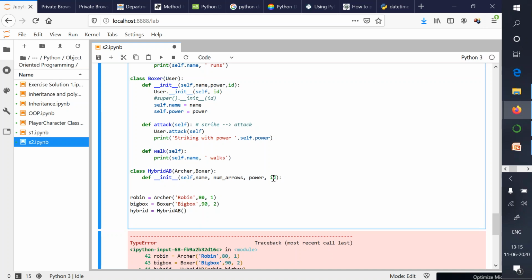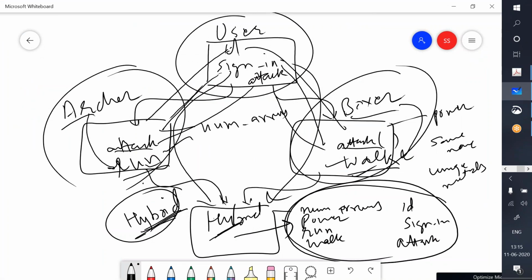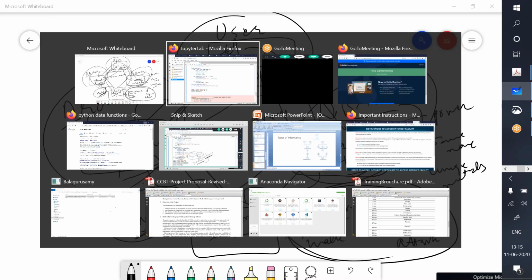Instead, what we should do is make a call to the init methods of the base classes. Why? Because in our case, this hybrid is inheriting from Archer and Boxer.